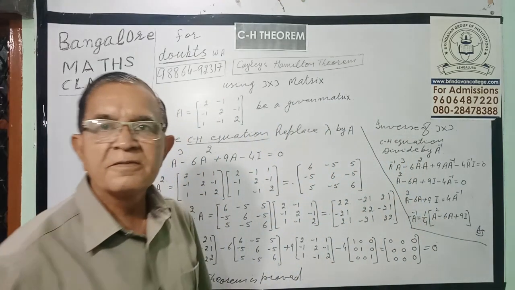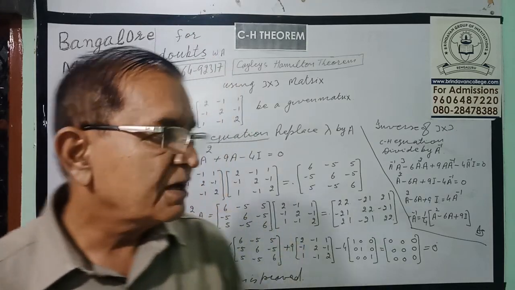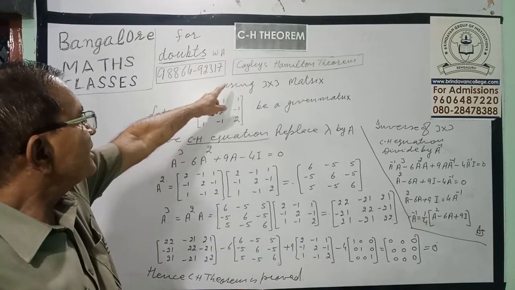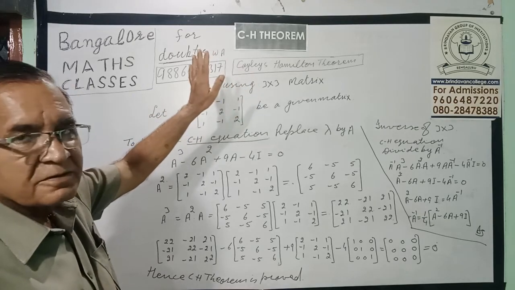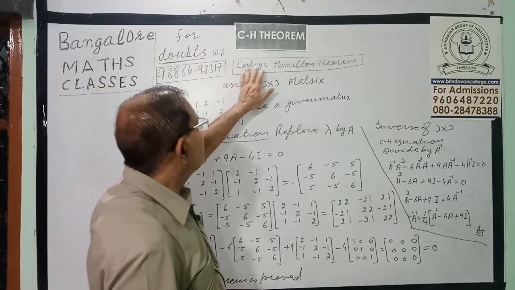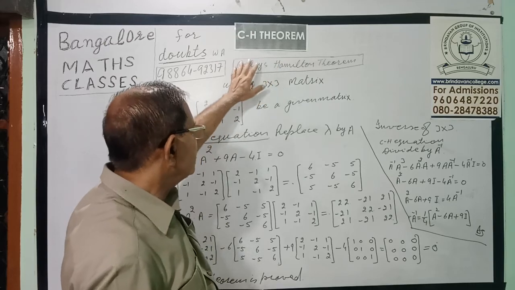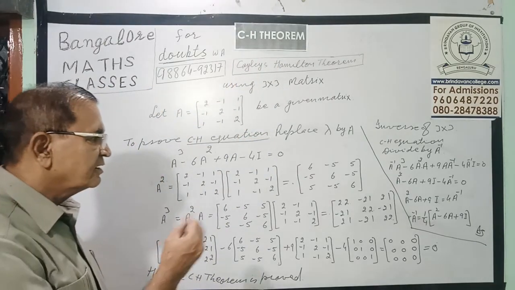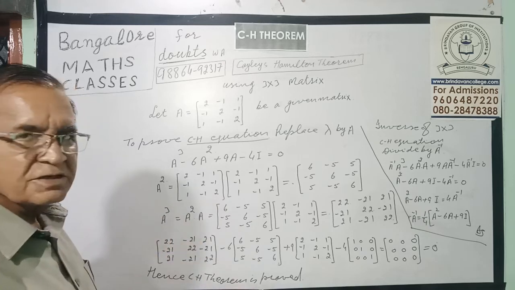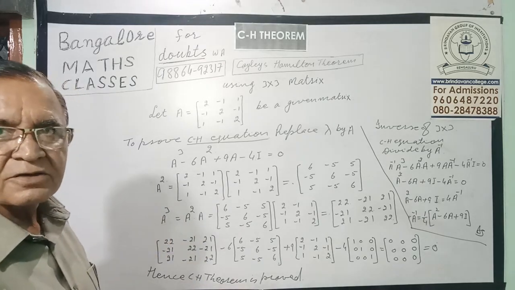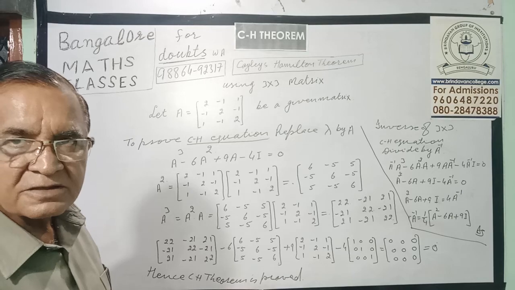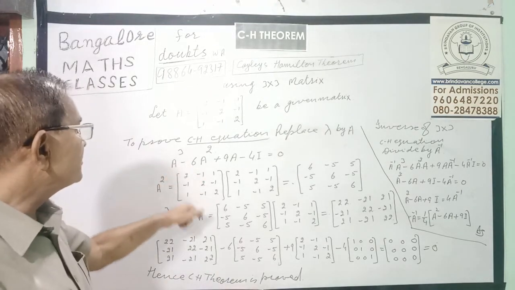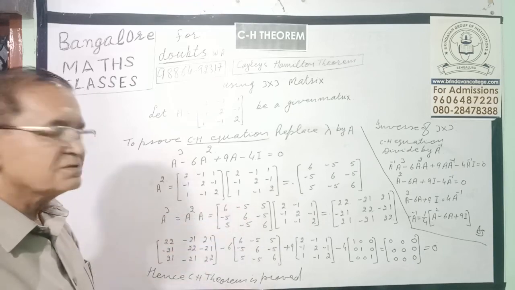So see, like that, I have explained all types of Cayley-Hamilton problems. With the theorem, I have explained all types of Cayley-Hamilton problems. You can find inverse, you can find characteristic equation, characteristic roots, characteristic expression, whatsoever is there, you can prove CH theorem also. Main is the proof of the CH theorem.